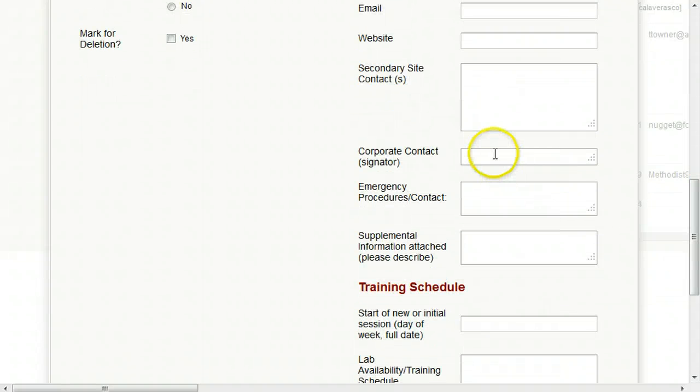The corporate contact, who signed the partnership agreement. Who do I contact in case of emergency? I inquired about that, and in this case, they told me that there's a guy named Marco at this phone number, and he's the county emergency contact person. So I'll put his number in with the area code,